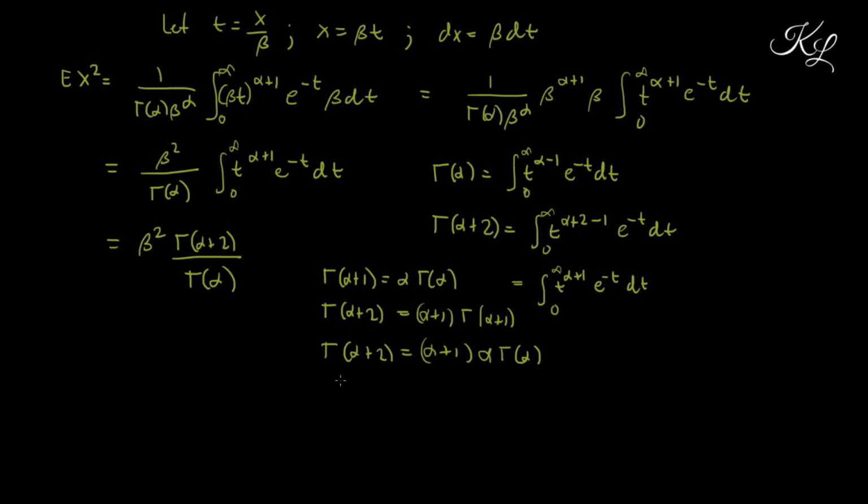So we have gamma of alpha plus 2 over gamma of alpha equal to alpha times alpha plus 1. So we're gonna use this one instead of this one. So we'll get beta squared times alpha plus 1 for our expectation of x squared. Now for our variance,